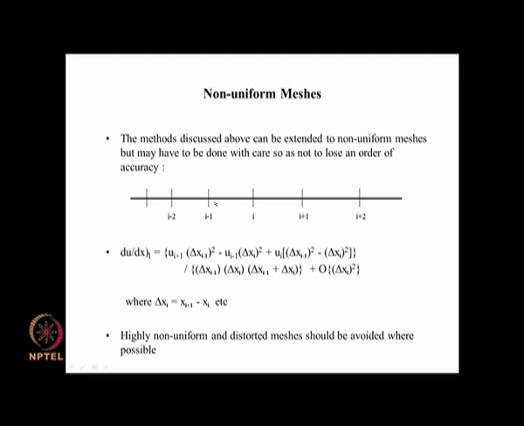So when we expand this in terms of Taylor series, now u i minus 1 is given as ui minus delta x i minus 1, which is this distance. Delta x i minus 1 is xi minus xi minus 1. So that is dou u by dou x at i times delta x i minus 1 plus dou square u by dou x square at i times delta x i minus 1 whole square by factorial 2 and so on. So you can do this kind of expansions.